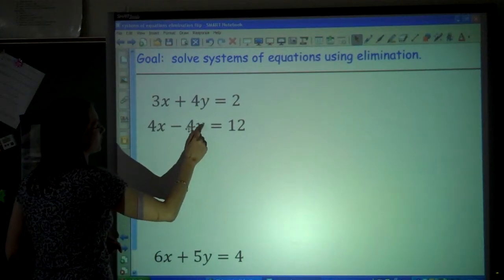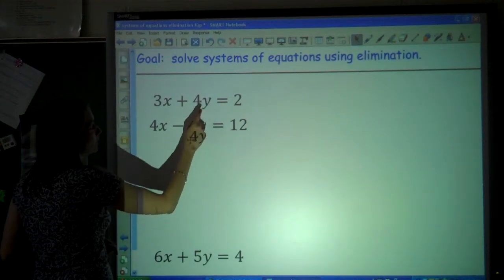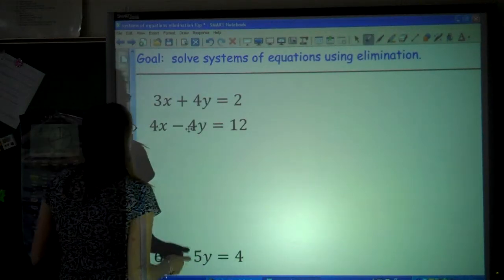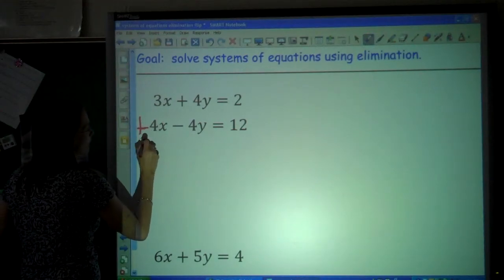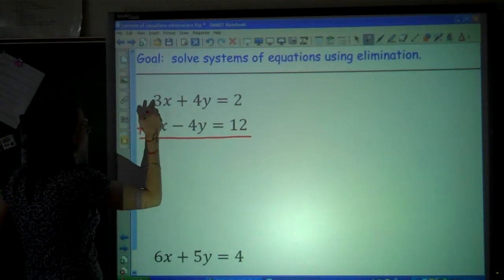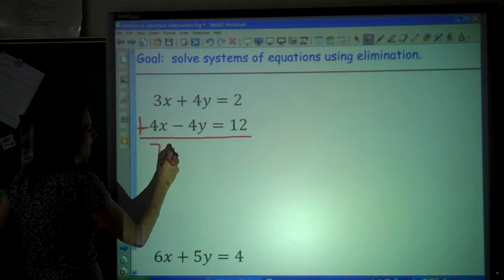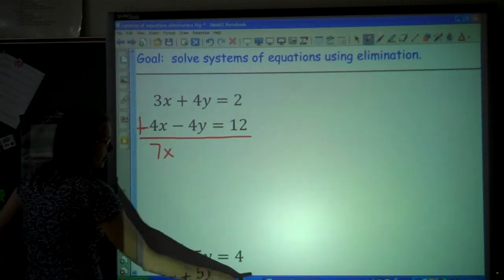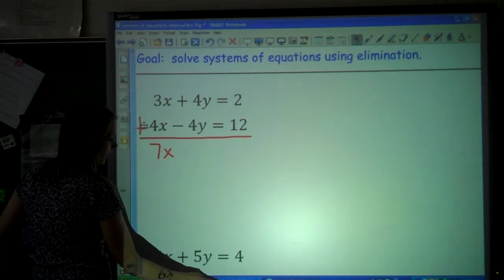So what I'm going to do for this first problem here, because these y's are the same, I'm going to add these two equations. So what I have is 3x plus 4x, which gives me 7x. And then I'm going to show you on the calculator how a positive 4